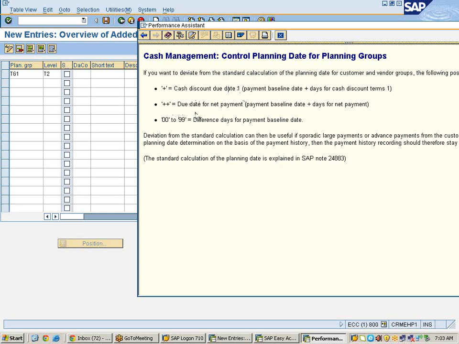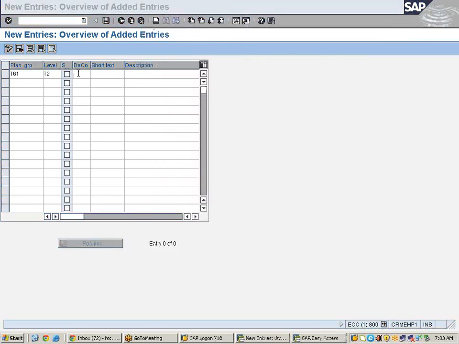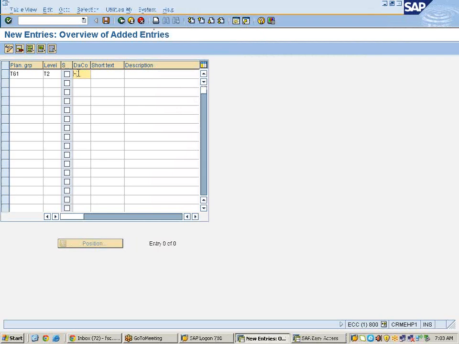If you enter plus due date from net payment, and 00 to 99 different days for payment based deadline date. That means, let us say if I enter plus, it is related to cash discount plus due date. Now enter description, vendor grouping.